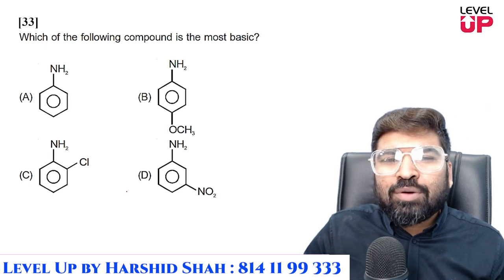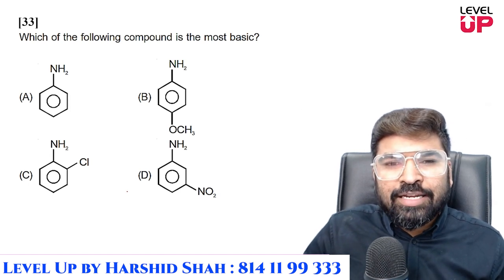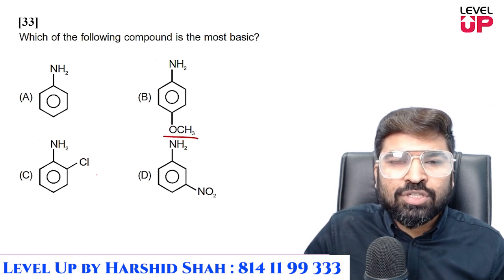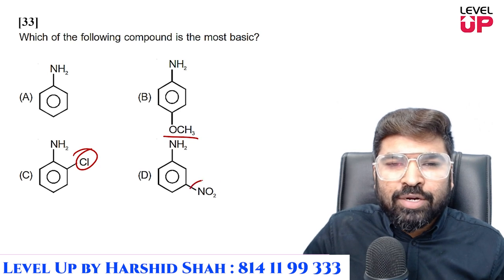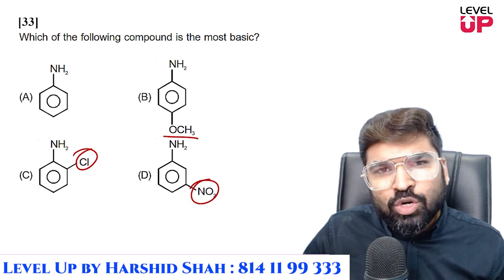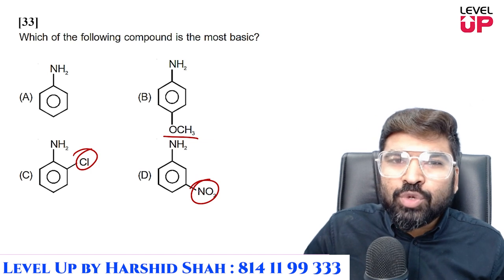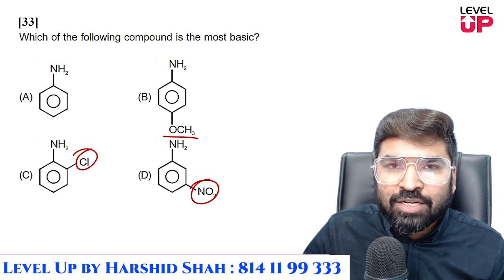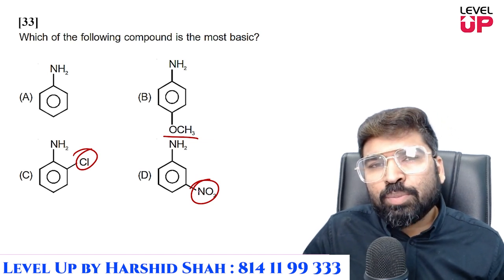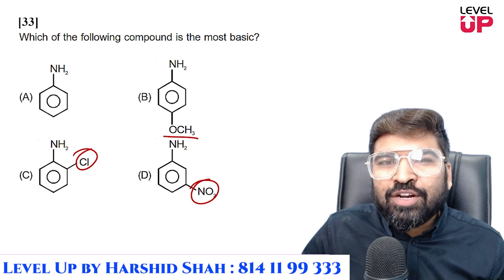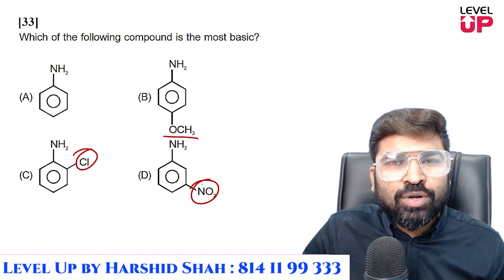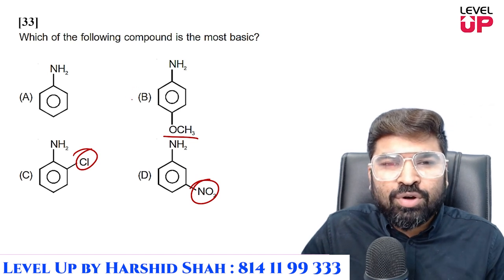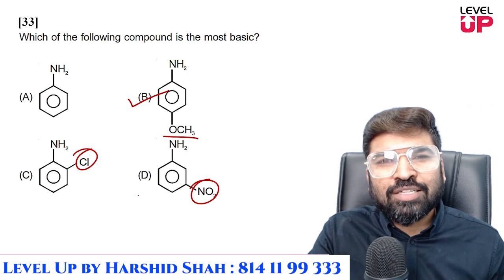Which of the following compounds is the most basic in nature? Aniline, or the one which is having the methoxy group in the para position, or the chlorine, or the nitro? The electron withdrawing group, they decrease the basicity, increase the acidity, that's another case, but here we are talking about basicity. So electron withdrawing group जो हैं वो basicity को decrease करते हैं, whereas donor group वो increase करता है। most basic कौन होगा? option B will be your answer.